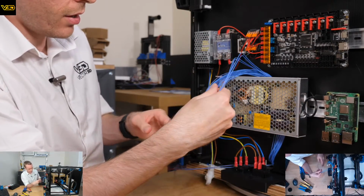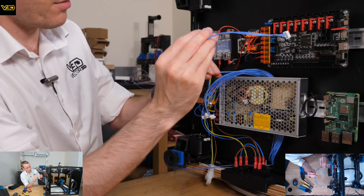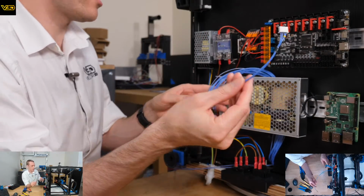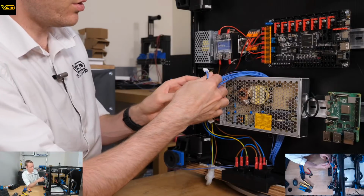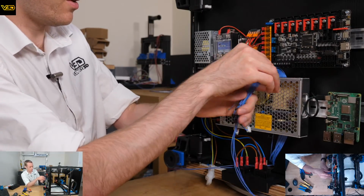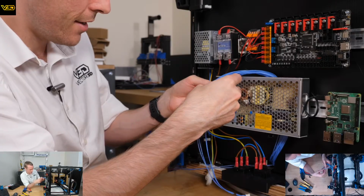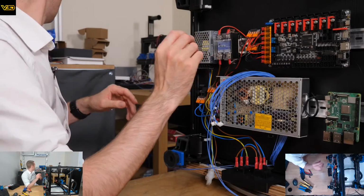Now, while I could make the wires shorter to make them the perfect length, I'm not going to. It's going to mean the wiring in general is a little bit messier than I would like, but I also don't want to re-terminate every one of these cables just so it looks a little bit tidier, because honestly, I don't care that much. So, what is useful though,